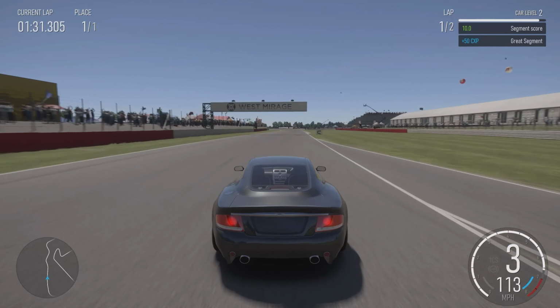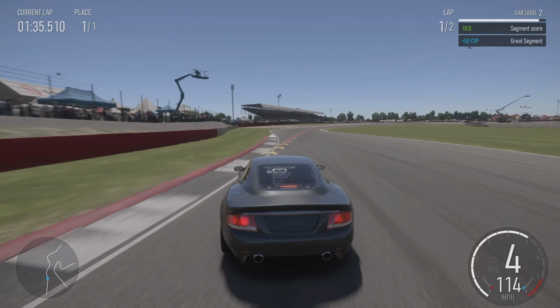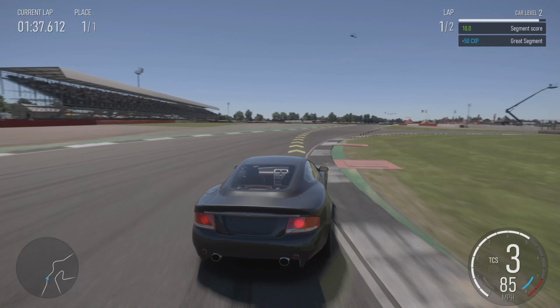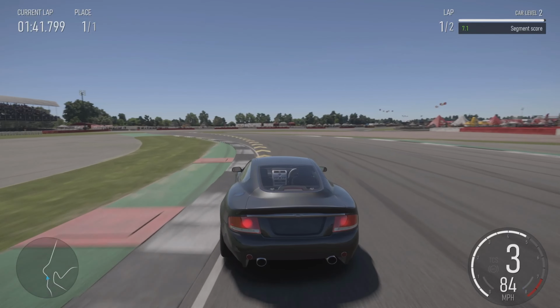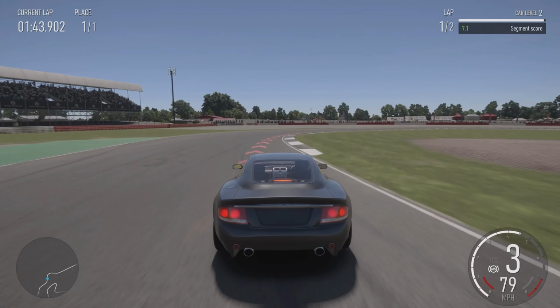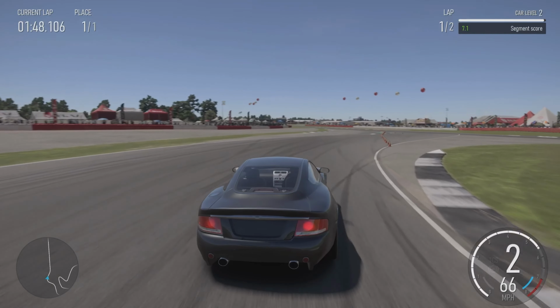You're talking 0 to 60 in 4.7 seconds, 0 to 100 in 10.8 seconds, and it'll go to a top speed of 188 miles an hour, which is still pretty sharpish in comparison to some cars from today, but it's definitely a product of its time, where